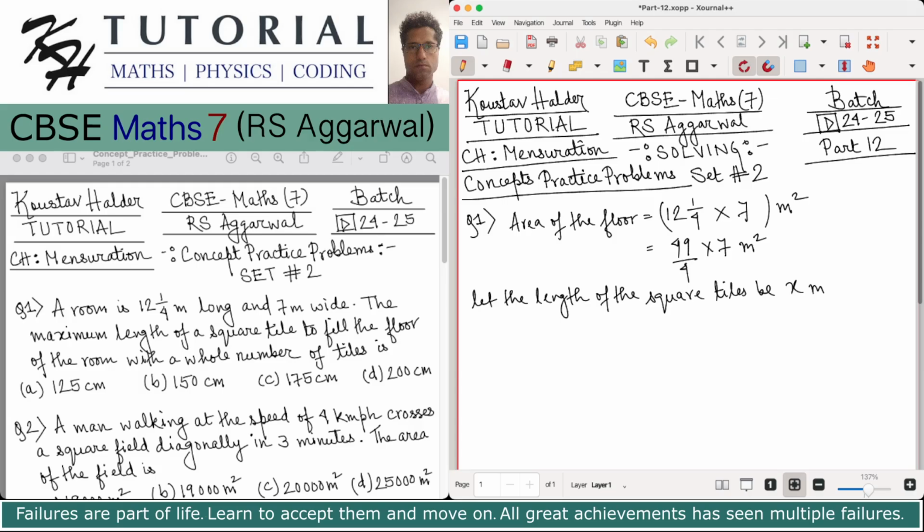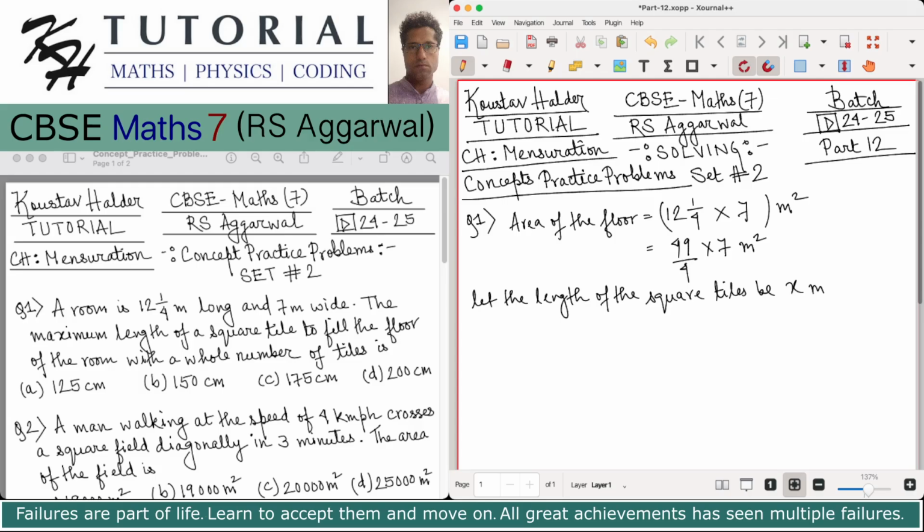Okay, so what will be the maximum size of the square, so that a whole number of tiles will be required to cover the floor. Now, if this area of the floor, which is 49 by 4 multiplied by 7, if this